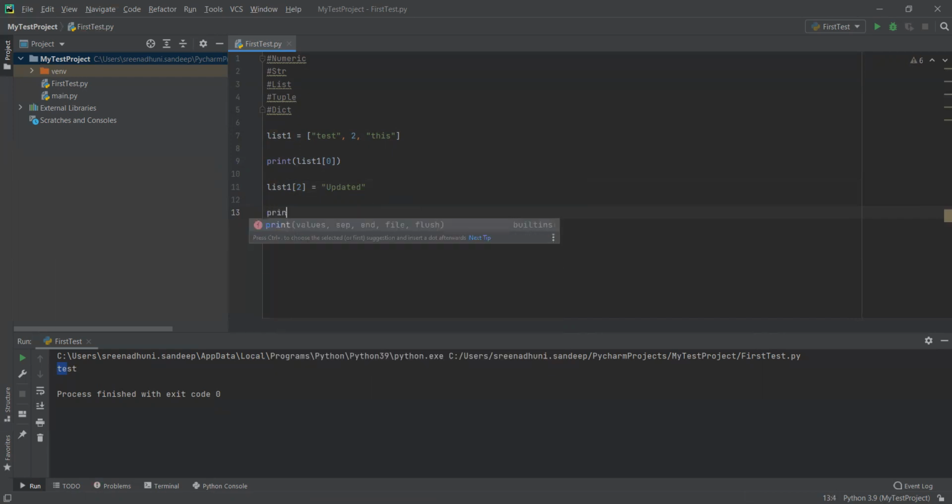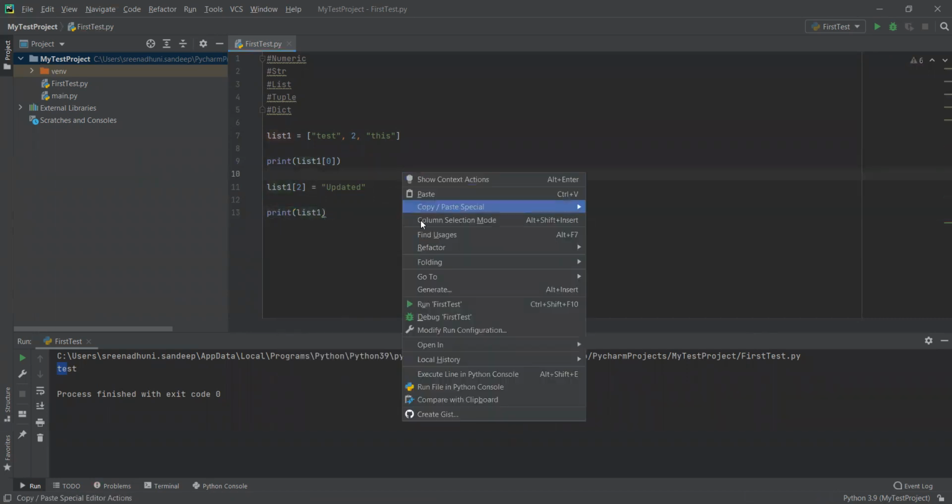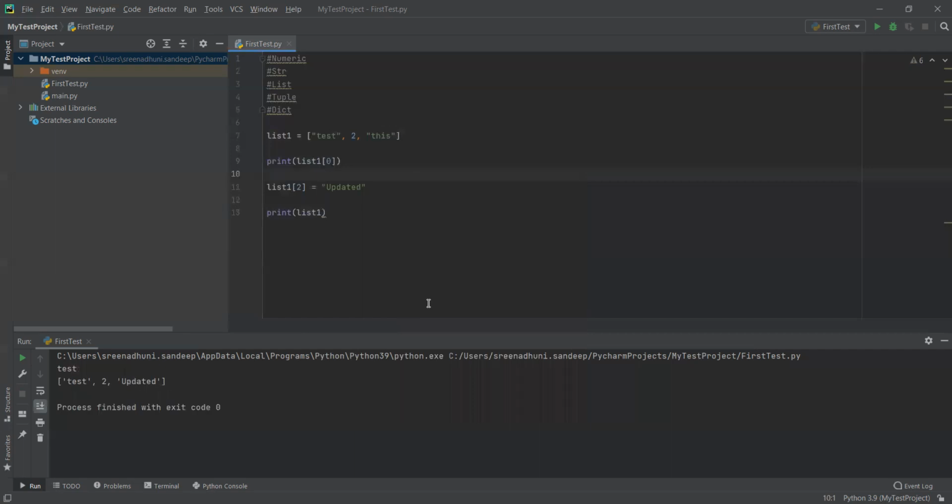Let's print list1. If you print list1, you see here test 2 and updated, whereas earlier we had this. So now we have updated this with updated. So that assignment is possible with the list.